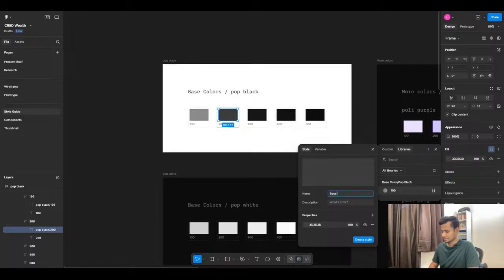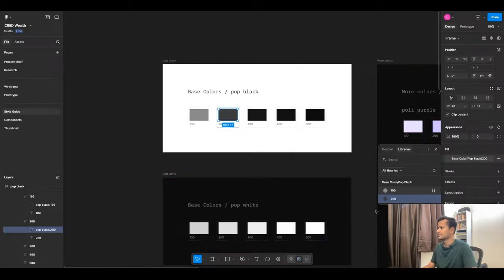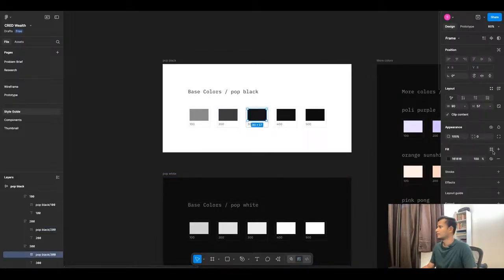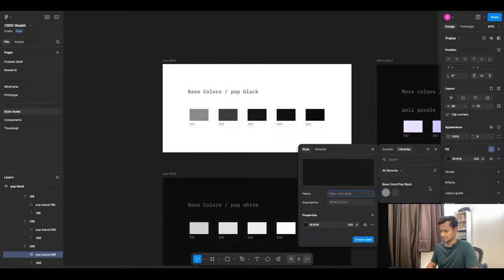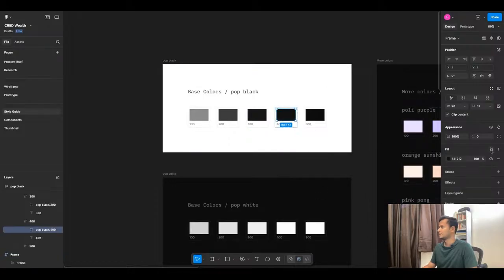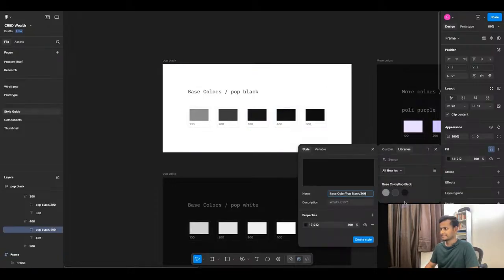Base color pop black, what is this, 200. Create a style. Okay, so come again, create this, copy paste and make it as 300. Similarly, let's duplicate the same task, pop it,